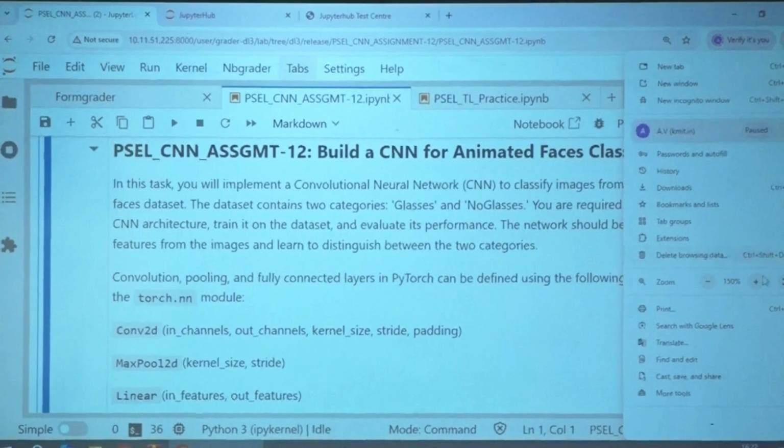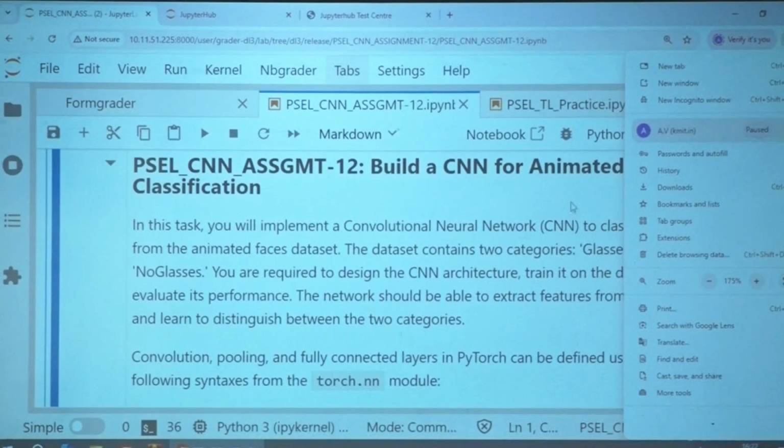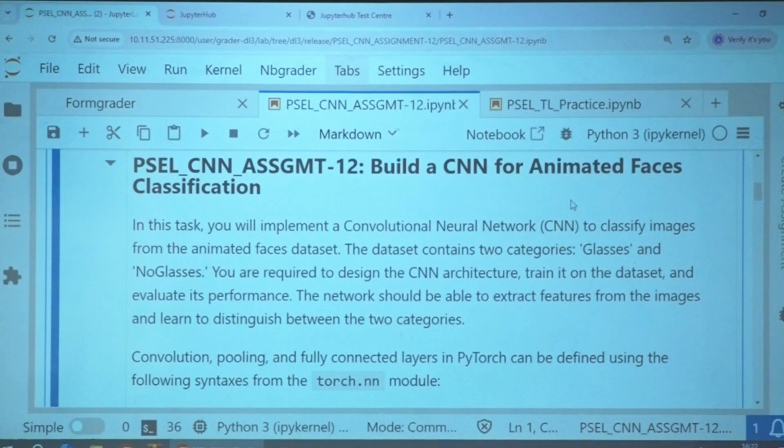this is the exercise. Let me give a brief about this exercise. Assignment 12. As I said, we are going to bridge the gap between yesterday's task and the next topic that we are going to discuss. We are just giving you an opportunity to brush up using the torch modules and the corresponding layers to build a CNN. That's it. Nothing else is here.